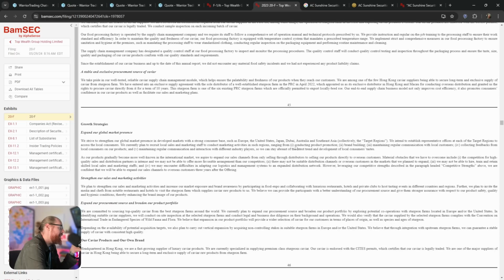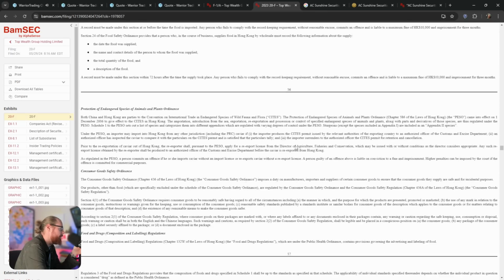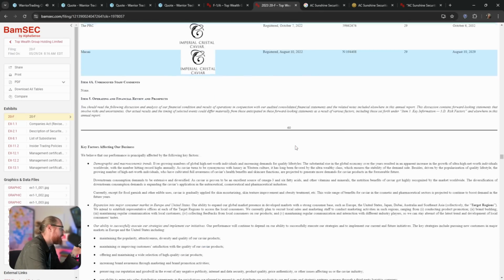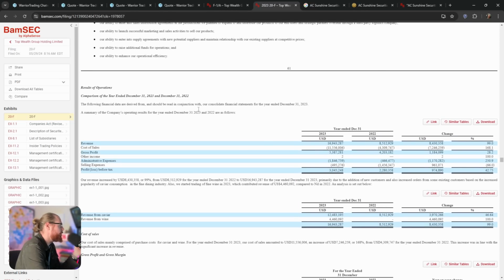And it is interesting. As we scroll down on this, we've got all this info about the way the company's operating. So let's see, here we go. These are the results of operation for the year that ended December of 2023. The total revenue was $16 million, the cost of sales was $11 million, and the gross profit was $5.3 million. But then they had some other expenses, so their profit before tax was $3 million, which, to be honest,